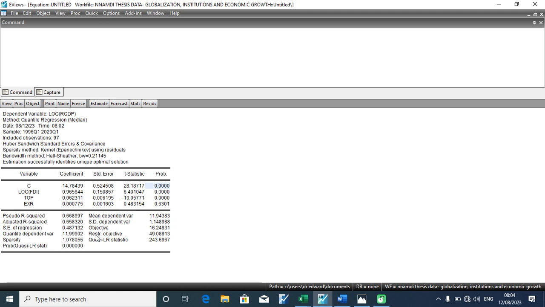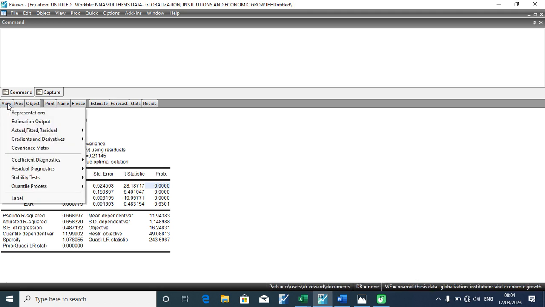Then if you look at the quasi LR statistics, that's remarkably okay. 243 is okay. The probability value is significant, which is marvelously okay. This result is better than what we had previously. Then to actually determine the other quantile processes,